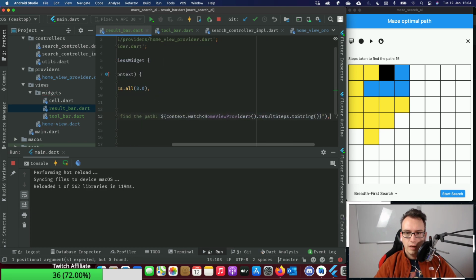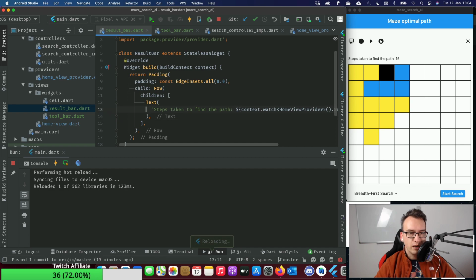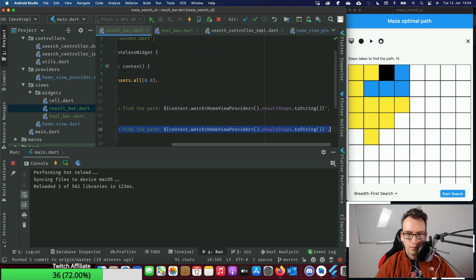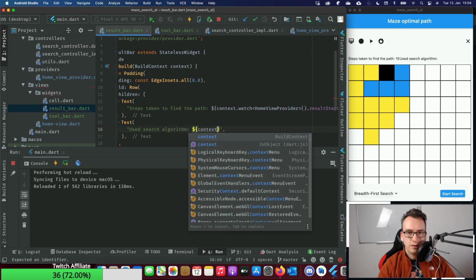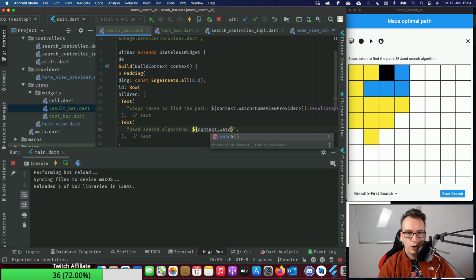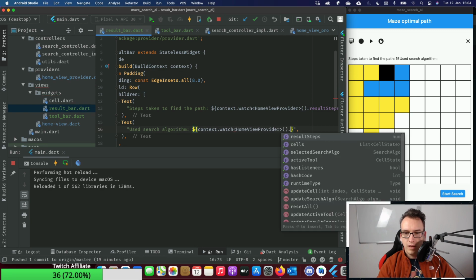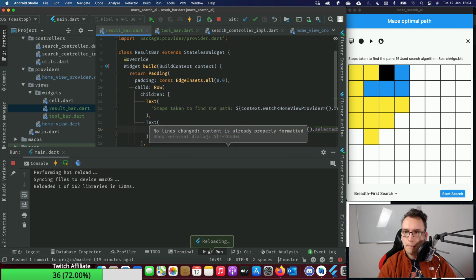Why is that important for us? Because we could create a second text: used search algorithm. Then we have here also a context dot watch home provider, and we would get the selected search algo.